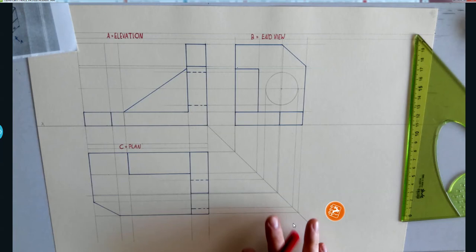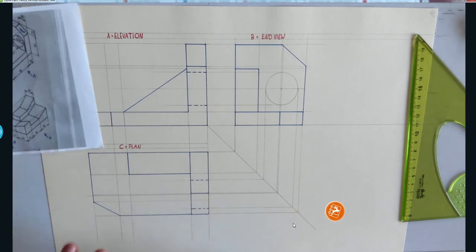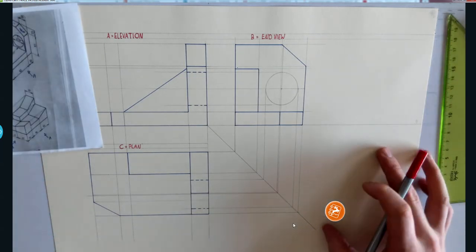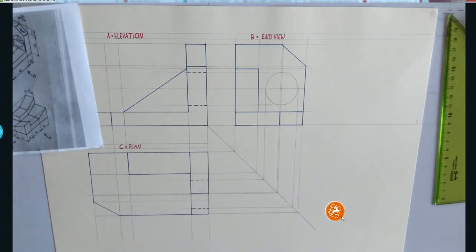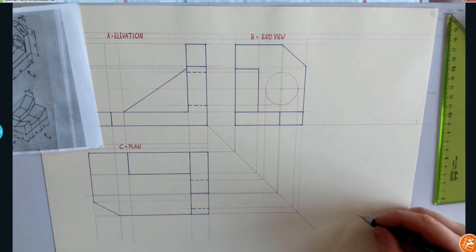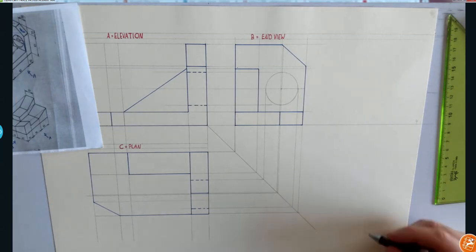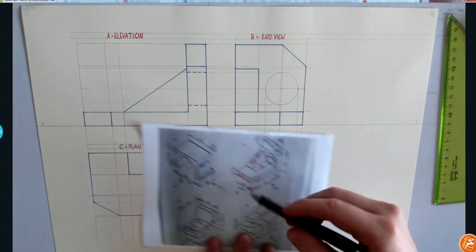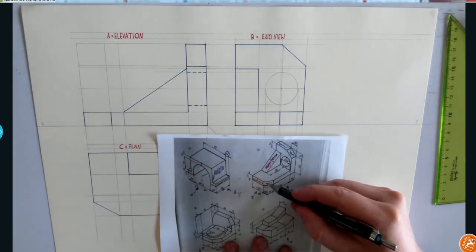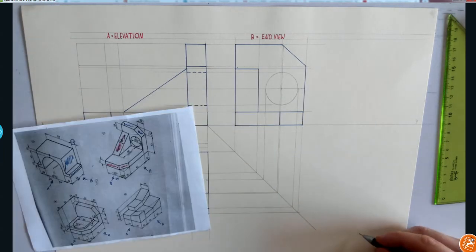Okay, so that now is that drawing complete. We have a small bit of space left over here, so I'm going to chance a quick freehand sketch. So just to get you started again, I'm using the crow's foot, okay, and I'm starting right down here in the corner of my drawing, right down here. So I know it goes back this way a lot, doesn't go forward this way too much, so I'm going to start around here